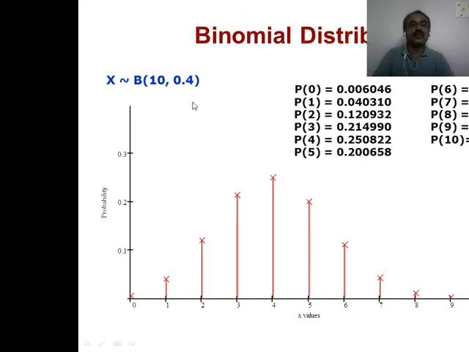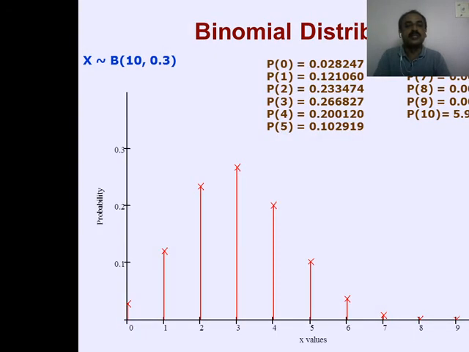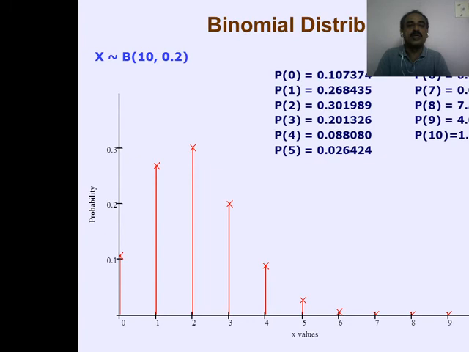Now when the value of p is 0.4 and q becomes 0.6, q becomes greater than p and the shape becomes positively skewed. And in the next graph we see that q is 0.7 and p is 0.3, the shape becomes positively skewed. In that manner, whenever q is greater than p, the gamma 1 value will be positive and the frequency curve becomes positively skewed. Apart from the common value of q and p, 0.5, the frequency curve also attains a symmetric shape when n